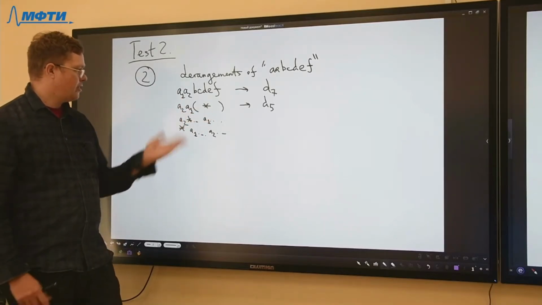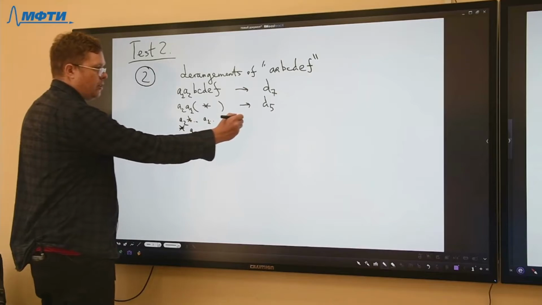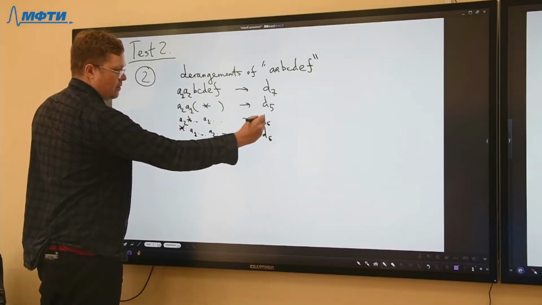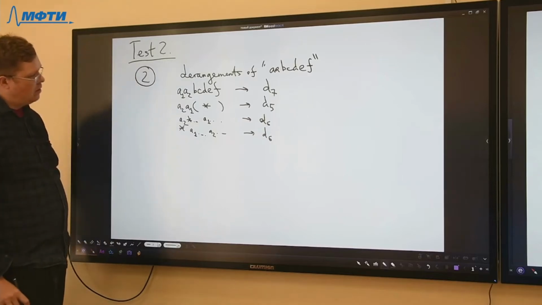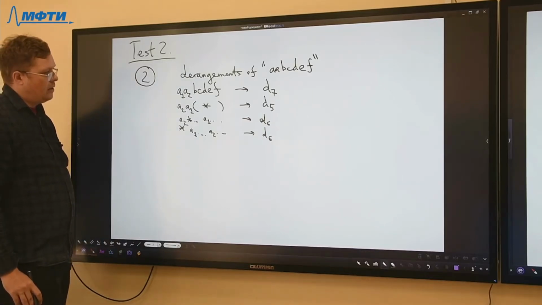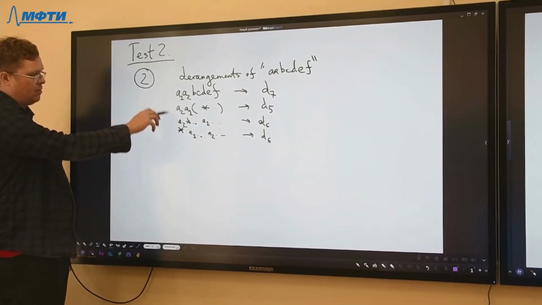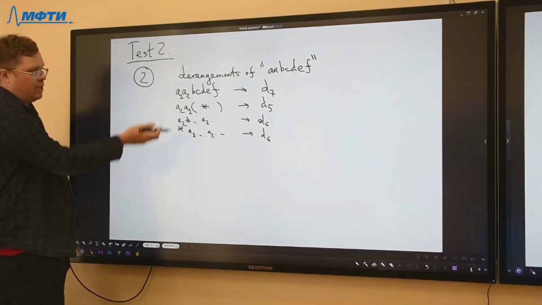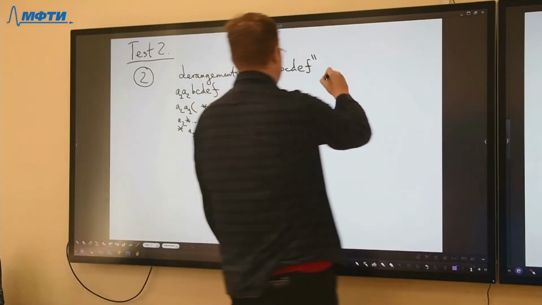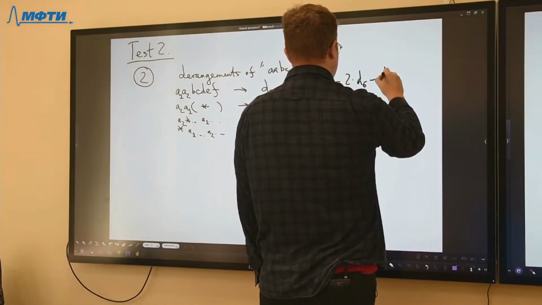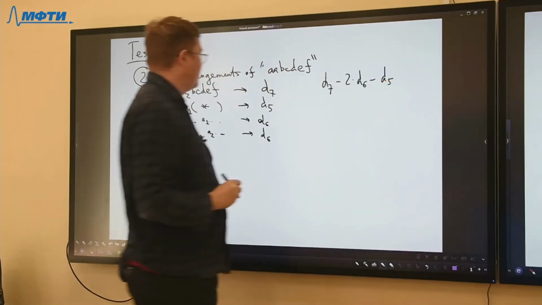So this is just the derangement of 6 letters. So here is the D6, and this is the D6. These permutations do not intersect each other, so we can just write D7 minus 2 D6 minus D5, but